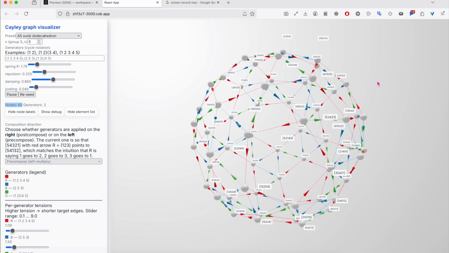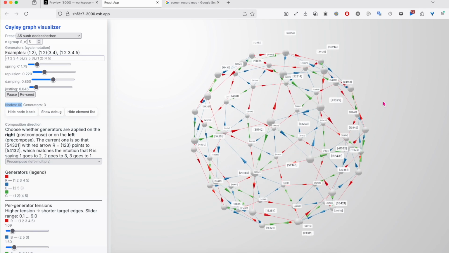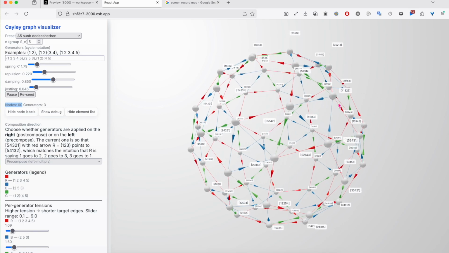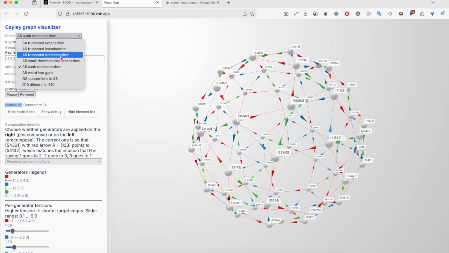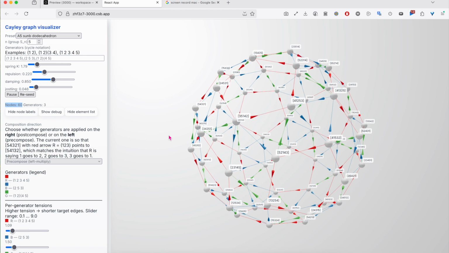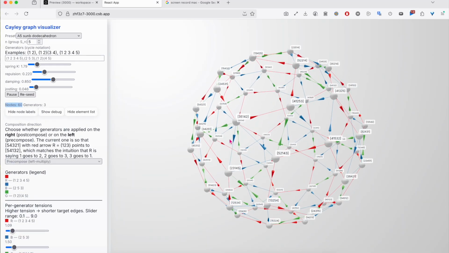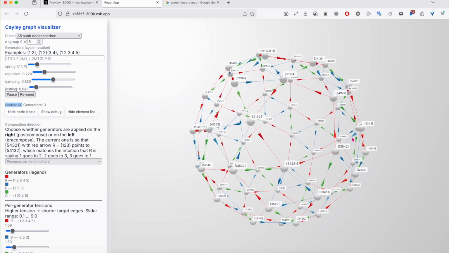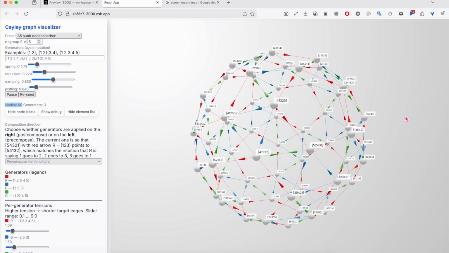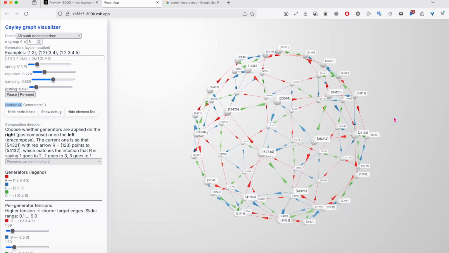We can think of a group as both nouns and verbs. And the nouns in this case are exactly the nodes. So there are 60 nodes. Those are the nouns of the group, and they are the same in all these visualizations of A5. So from the noun point of view, all these nodes are the same, and so they all are A5. From the verb point of view, that